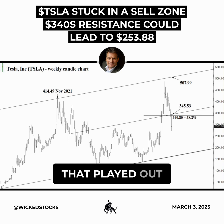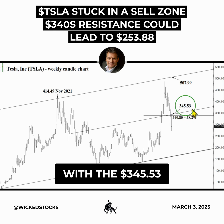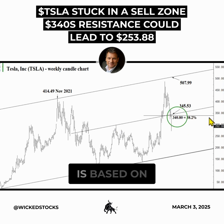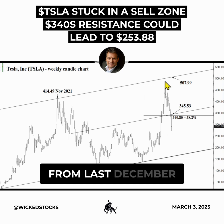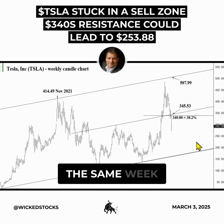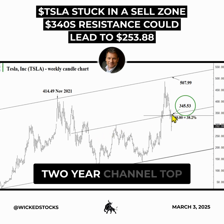Sell signal that played out 2 weeks ago for the first time below the 340.838 Fibonacci in combination with the 345.53 two-year channel top. Now that 340.80 is based on the January 23 low against that more recent high from last December. So on the way down, we closed below that. And at the same time, the same week, we also settled back below the 345.53 two-year channel top,